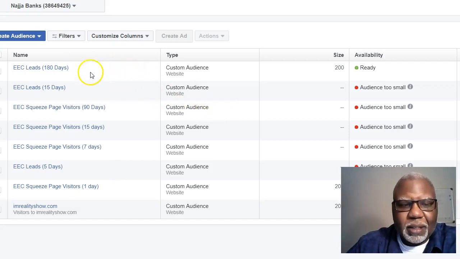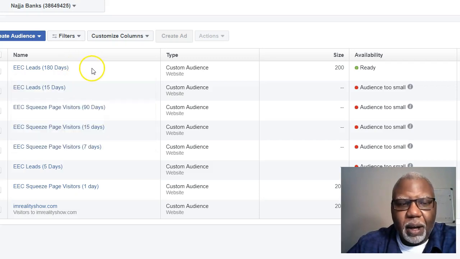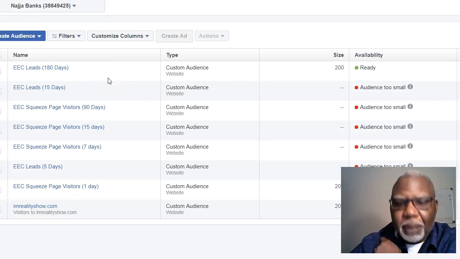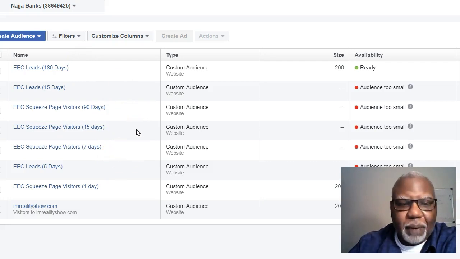So any lead that's in my system, basically, and maybe I want to promote a totally different offer to these people, okay? So it just depends on how I want to do it, but this way I know at what point in the funnel they are, so I could target my ad a little bit better, right? So maybe I want to do one ad for the people that just hit my squeeze page in the last day, or maybe even today, but then a different ad for people that are 7 days out, you know, and